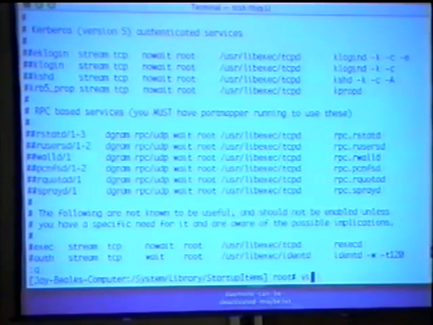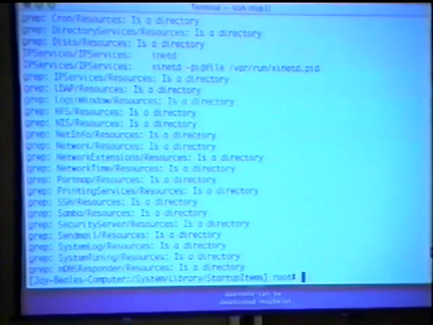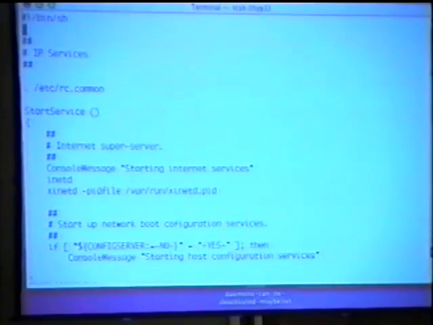Okay, so if I look for where inetd is running out of, by the way, you may say, Jay, you said you're not reading through all the scripts. How are you finding out where inetd is running out of? I'm just grepping for inetd, and I get a list, and I get that the script this is running out of is the IP services file. So if I look at that file, IP services, what do I see? I see right here that the system runs inetd and xinetd.